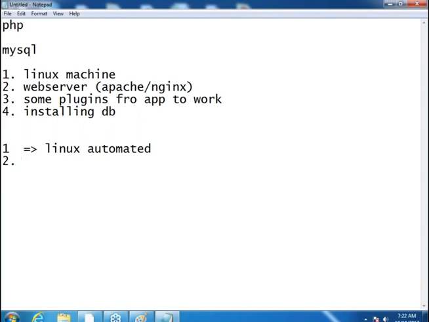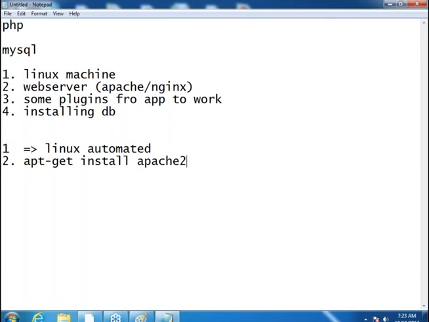They would find out the steps and install Apache manually. I'm expecting it to be an Ubuntu machine, so I'm writing down the steps: apt-get install apache2. If it is Red Hat, they would write something like yum install httpd. Don't worry about it. For the people who don't know Linux, we'll be using this many times, so you would anyway note this. So this is the second manual step.